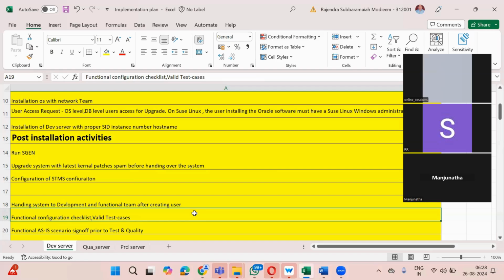Functionality means they use all the features now, and in functional you have to configure it. Validation tests and checklists, the functional config checklist, you have to take care that everything goes fine, because initially no end user is involved with you. You are with a team and you have very limited access. What access you have in the development server: you can take backup every day, and you can give some authorization